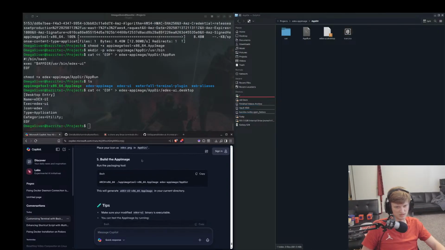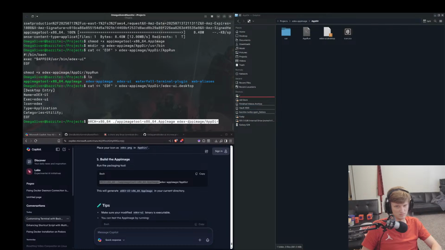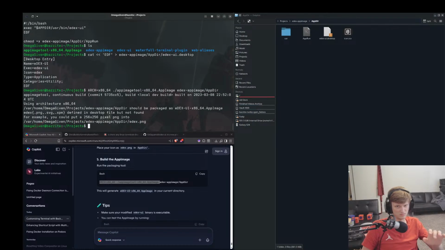Sure, I place the icon in there. Build the app image. Did it work? I don't think it did. Wait, Arch Linux continuous build, built using Arch Linux, should be packaged as... defined in desktop but not found. For example, you could put a... into appdir.edx